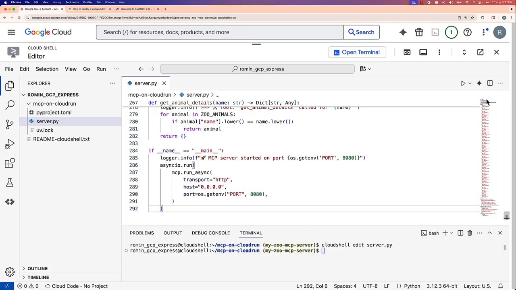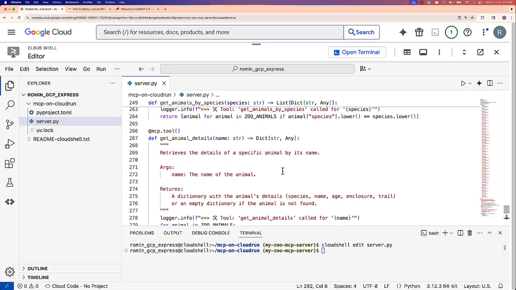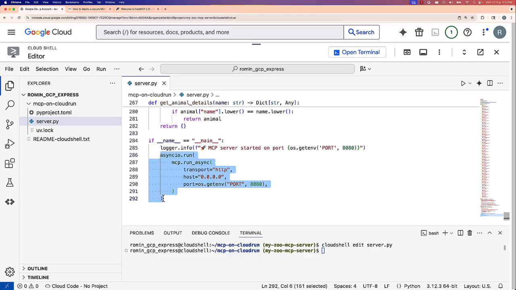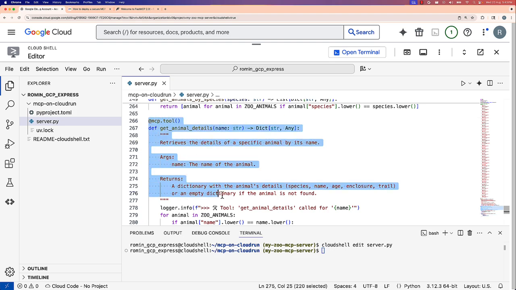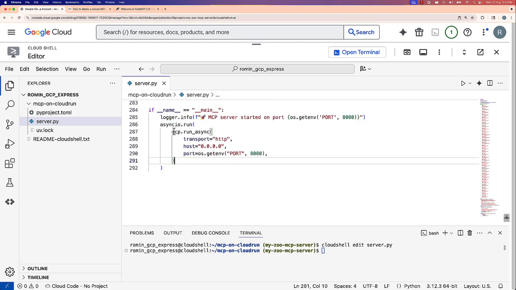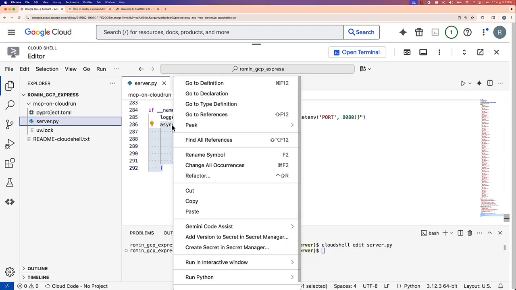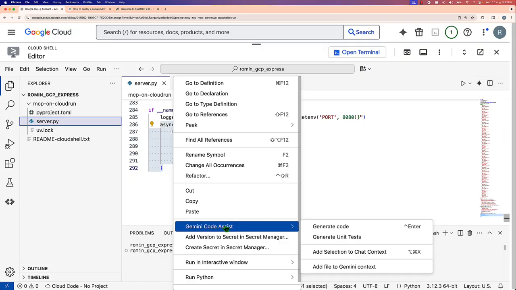Now, just take for example this piece of code that you see over here, right? Let's say you're trying to understand what this code really means. Is it straightforward or not? Maybe I just need some kind of a refresher, or you might just say, hey, explain to me what this piece of code is doing. So for example, let's take this, and if you need some help, you can see over here I just selected the thing. I did a right click, and I got a Gemini Code Assist option out here, and I could actually